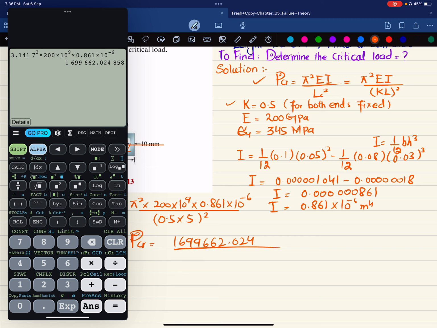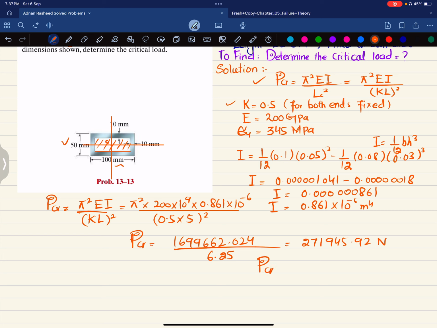1699662.204, divided by the second term, 0.5 multiplied by 5, and its square will be equal to 6.25. Now 1,699,662.204 divided by 6.25 will give you 271,945.92 Newton, and you can see that P critical, if you divide it by 1000, will be equal